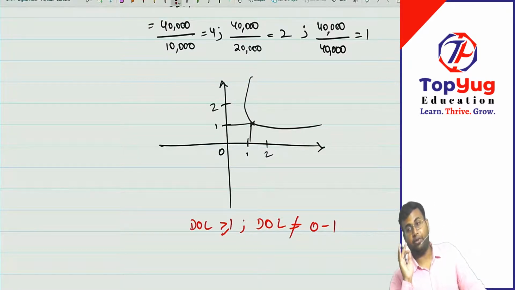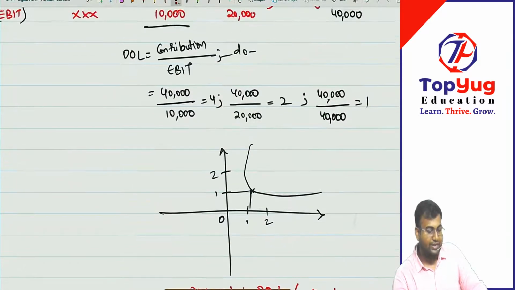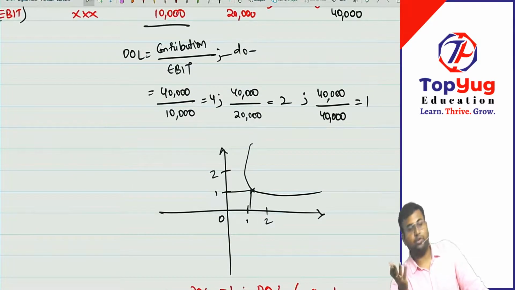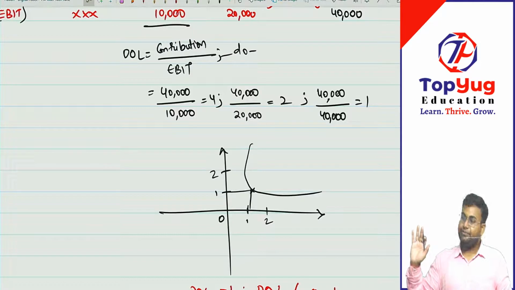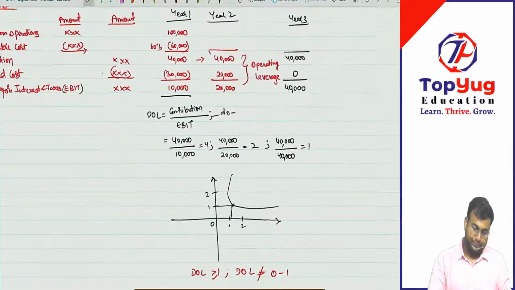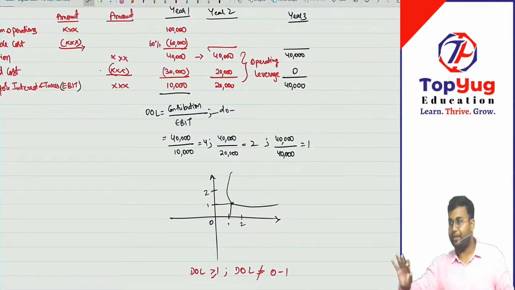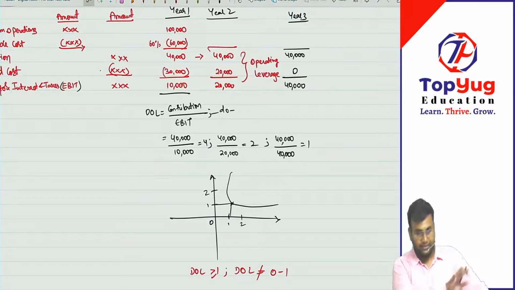Guys, very important discussion. This is what they are going to ask in the exam. Are we all good? So that is why, madam, your question of why we are multiplying will also be clarified once we go to DFL. Are we all good here? Done. Make a note. DOL is not completed, we'll do it further, but at least this concept, make a note.